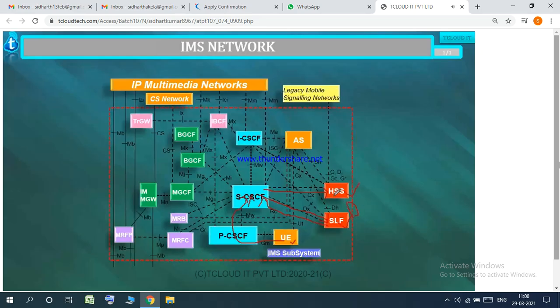So any component which is interacting with these two components, HSS and SLF, must be using the Diameter protocol stack. It could be any component. It doesn't matter which component it is. So how many components are communicating with